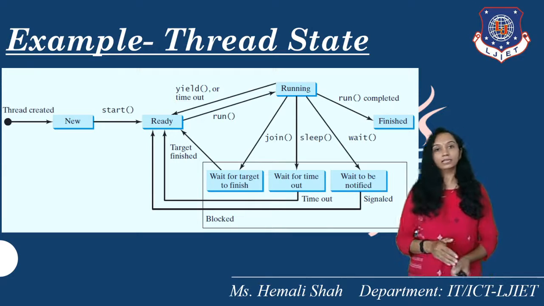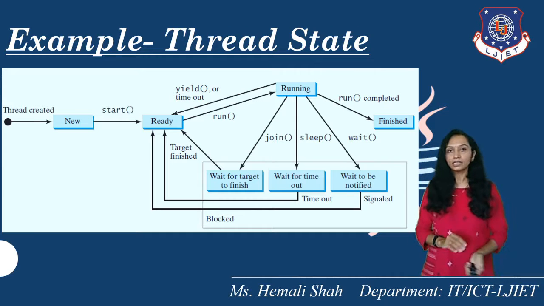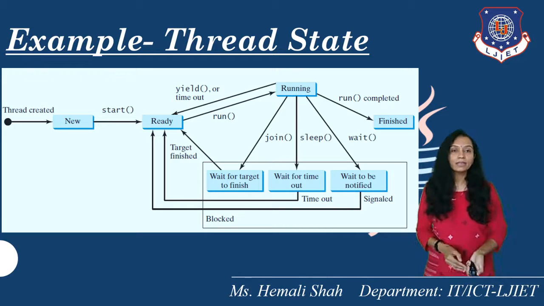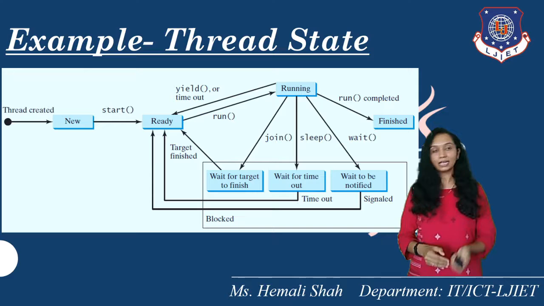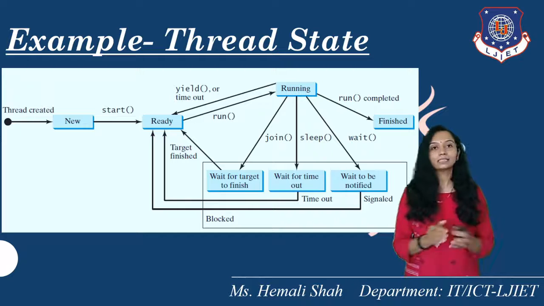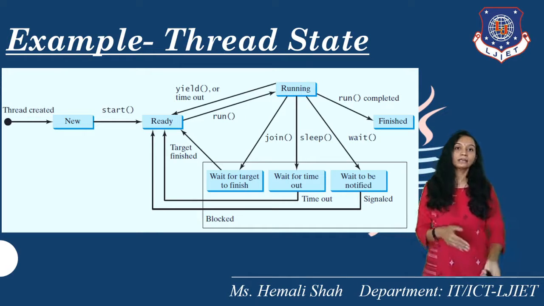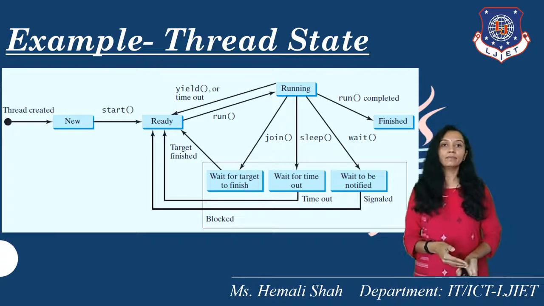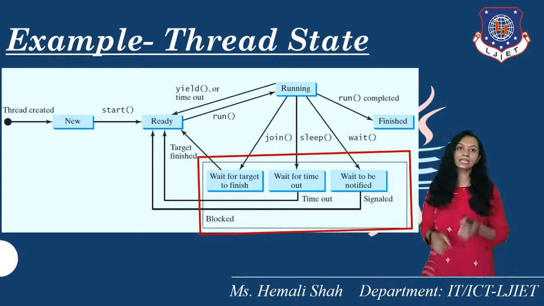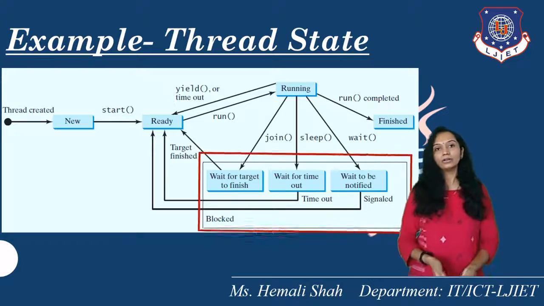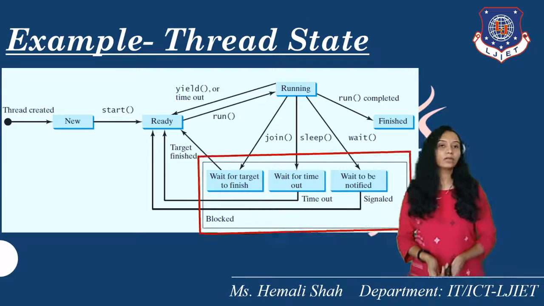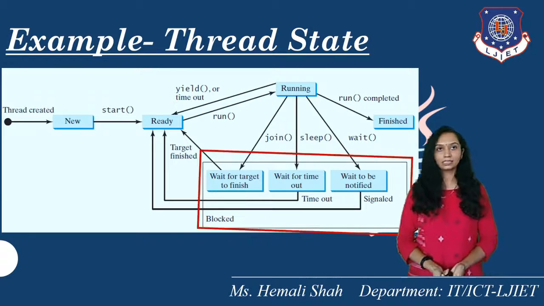Now when we did this thread state diagram, we represented three waiting states. With the nested state mechanism, you can put inside this five-state thread diagram those three waiting states, represented by a single common state. You can give the name blocked state. So in this diagram, blocked is a nested state that includes more than one state inside it, right? Such a nested state diagram you can also draw for any system.